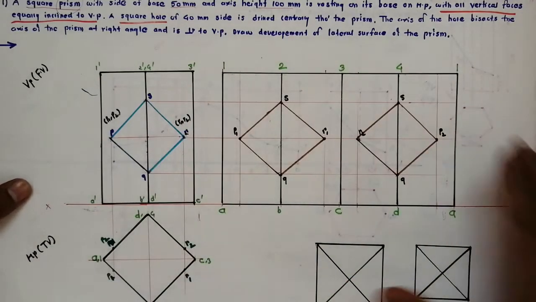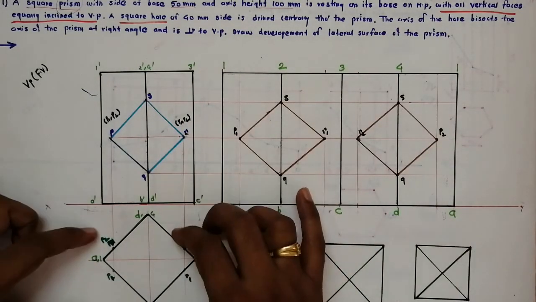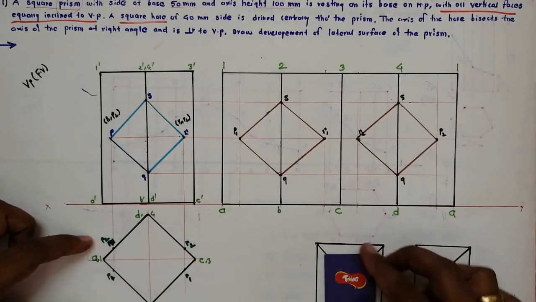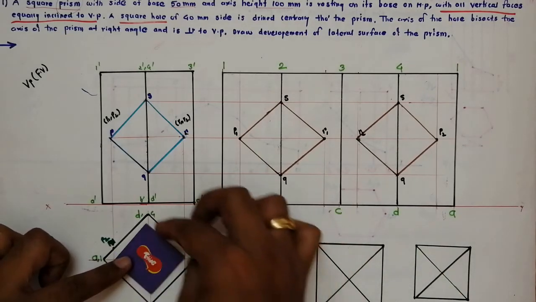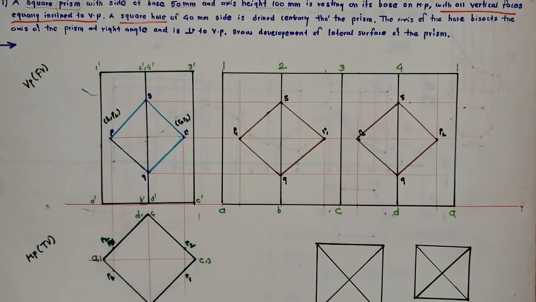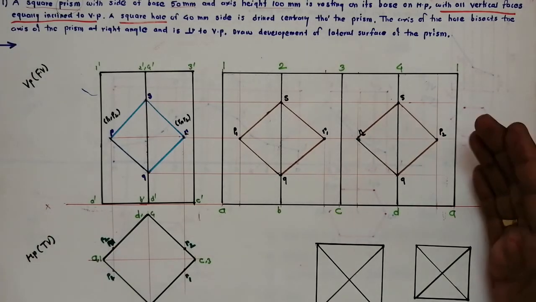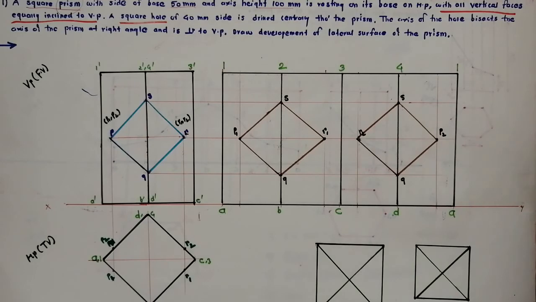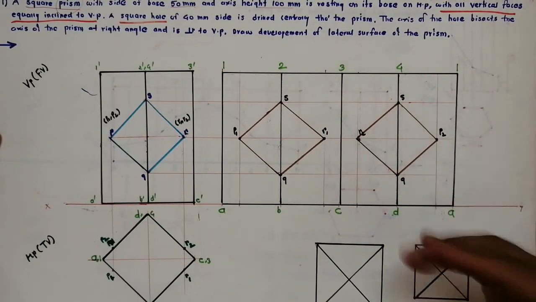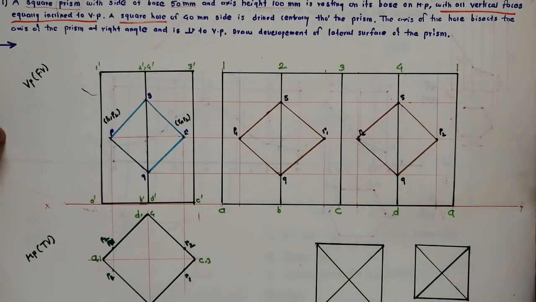Okay, so likewise. While drawing the initial position of the square prism, I have drawn it outside, because it is very simple to draw the square prism like this, and then I have tilted it because the condition is that it is equally inclined to the VP. So construct the development and solve the problem. Okay, so now we have solved the parallel line development problems. In the coming video, we'll go for the next method, that is the radial line development method. Okay, so thank you very much.